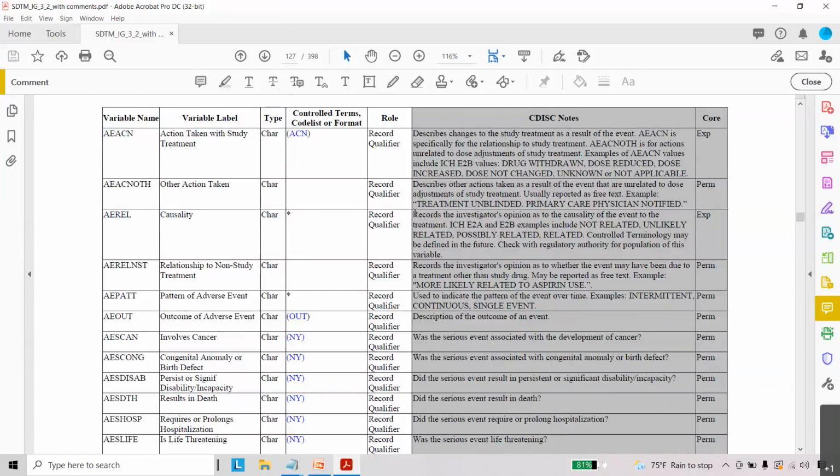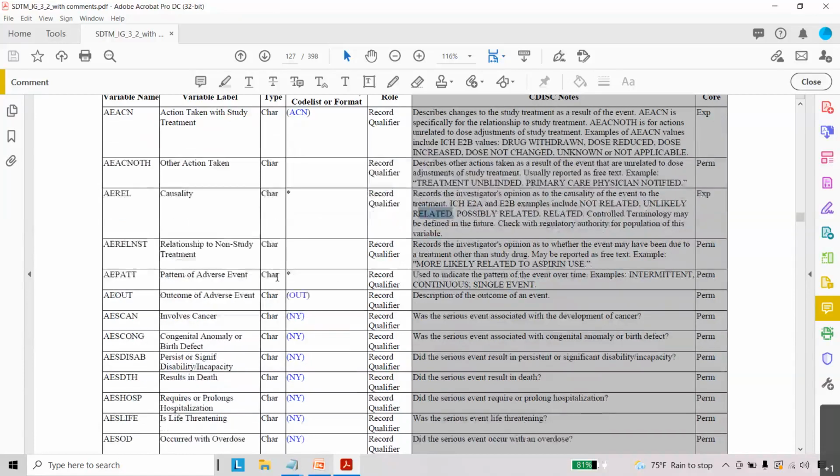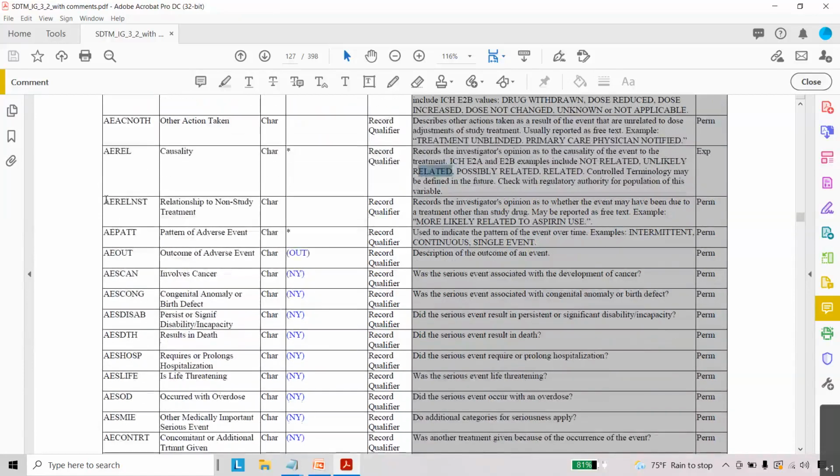So if you see the CDISC notes here, it records the investigator's opinion as the causality of the event to the treatment. The values we can see are not related, unlikely related, possibly related, or related. Next variable we can see is AERELNST. It is the relationship to non-study treatment.